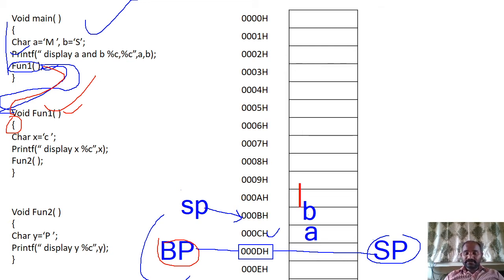So what is that value? 0, 0, and the next value is going to be the 0D. Next value is going to be the,